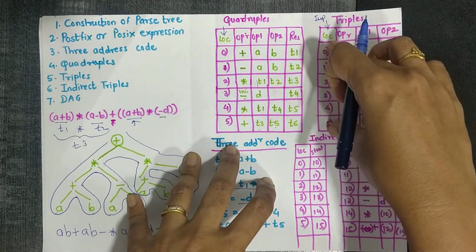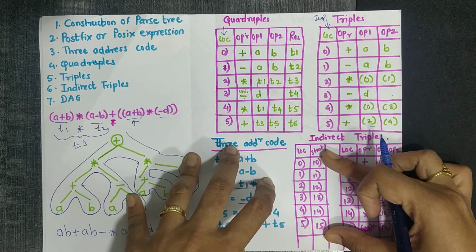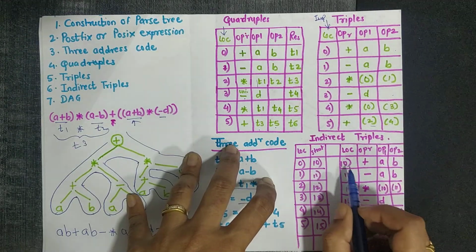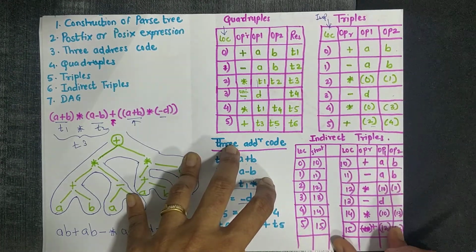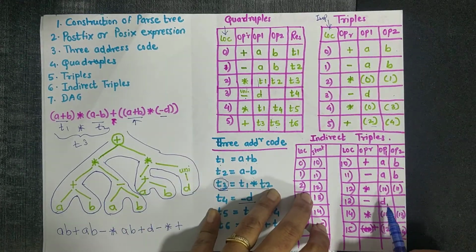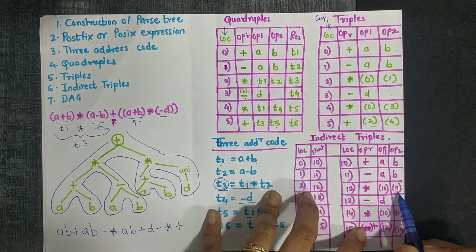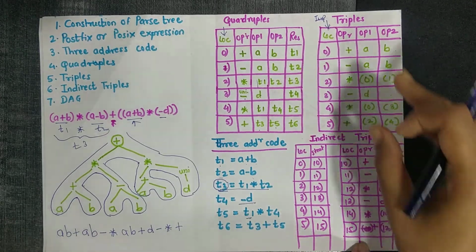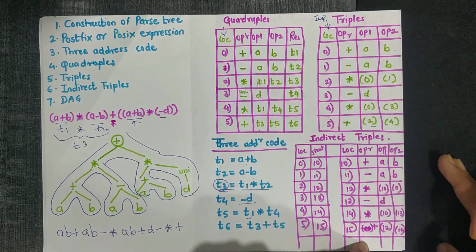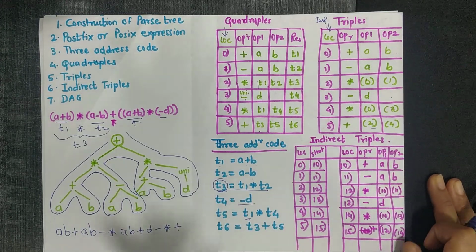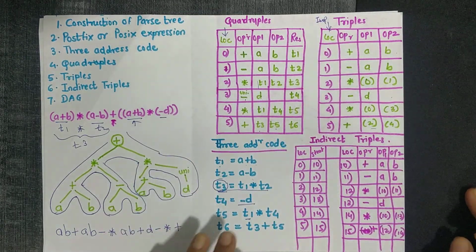So these original locations are replaced by other locations. That can be any series. Here we have taken 10, 11, 12, 13, 14, 15, and we have again generated the indirect triple table, where wherever 0 is there we add 10, wherever 1 is there we add 11. In the same way as we fill the values in triples, we fill the values in indirect triples with different locations. That is the only difference. Same meaning and same table. That is known as indirect triples.